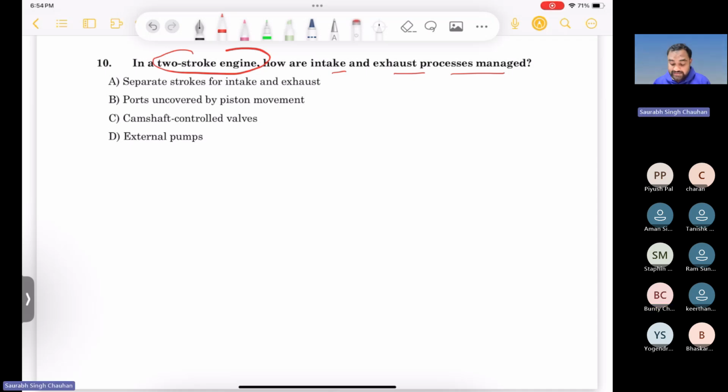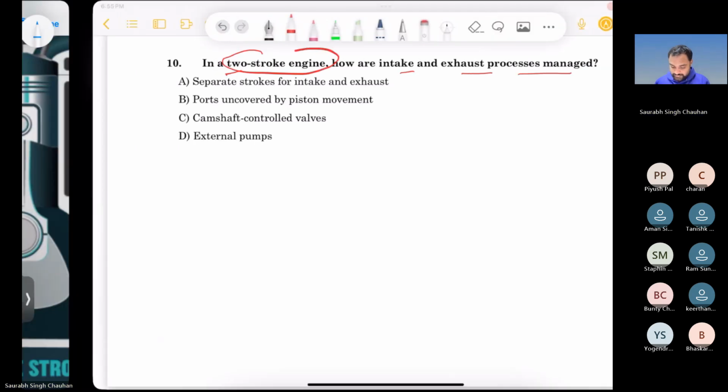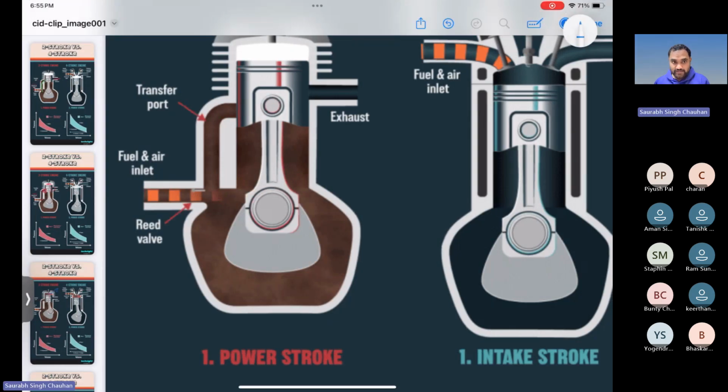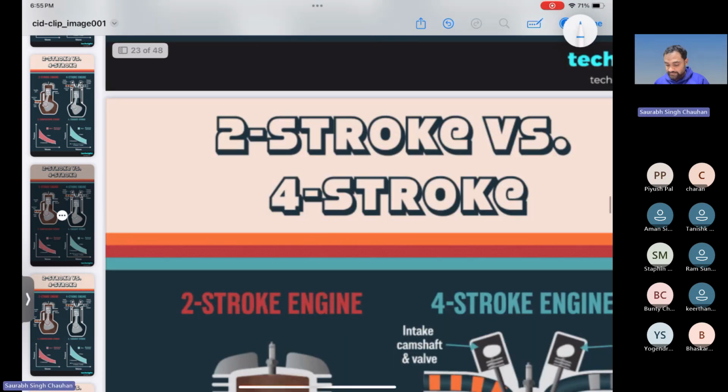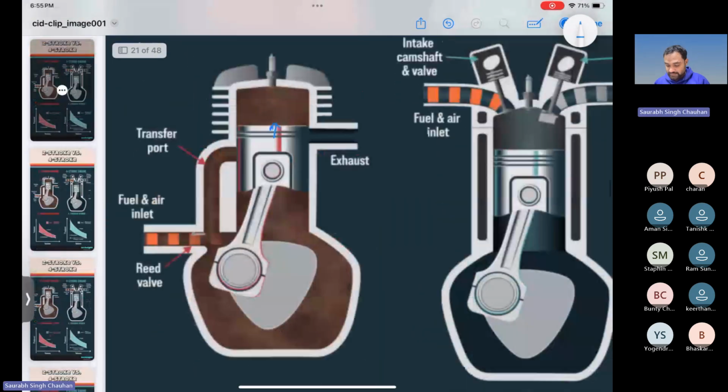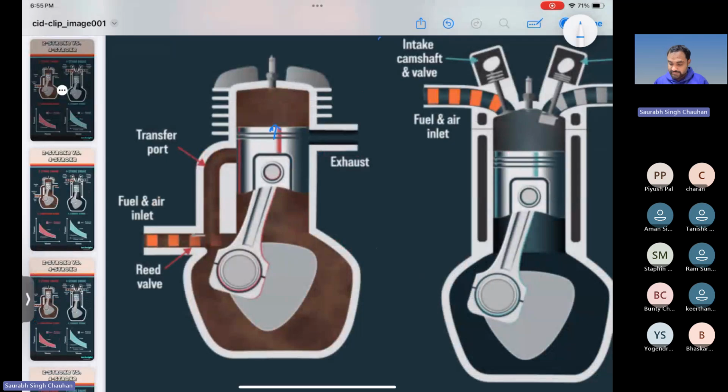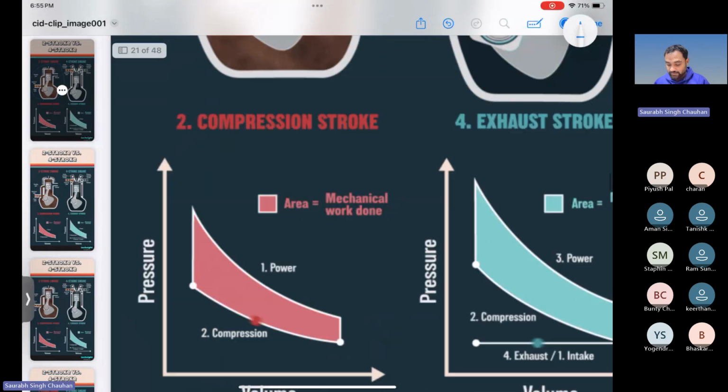Yes, but here we are talking about 2-stroke engines, and we have already discussed that in 2-stroke engines there are no valves. Ports are there, right? Intake port, exhaust port, transfer port. Valves are not there, right? Have you seen that picture that I have shown in another PDF? Here, if you see, only ports are there. You will not see any valves. Can you see any valves in the first picture? There is no valve. Correct. Because if there are valves, then what will happen?